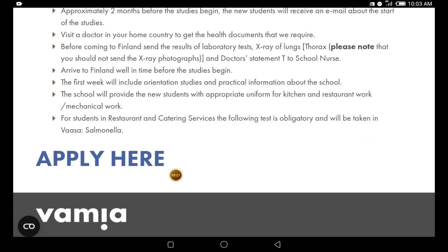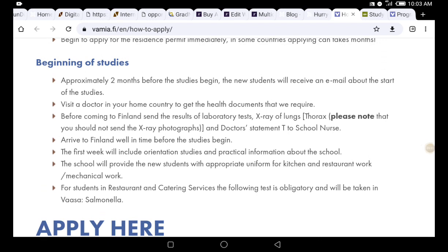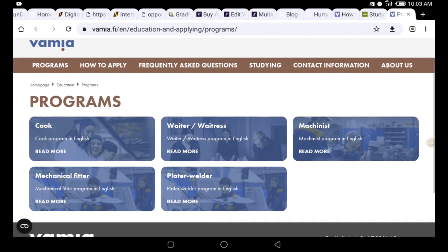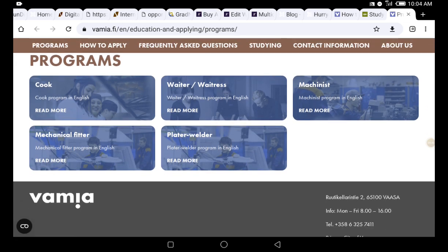So what you want to do right now is to click on apply here. When you click on this apply here, it will bring you to this particular page. If you notice that there are only 2 courses that are available, but if you go to the main program page of this vocational school, you can see that they have 5 programs that they offer to international students